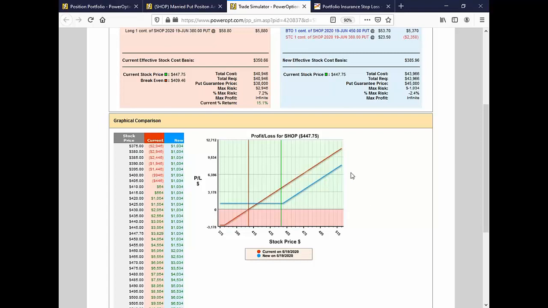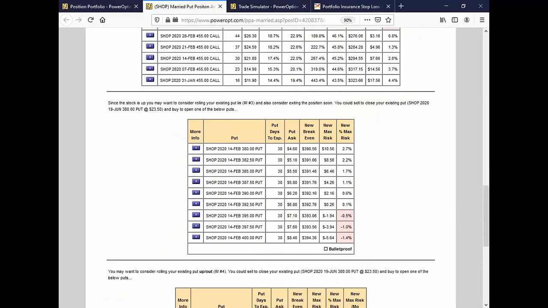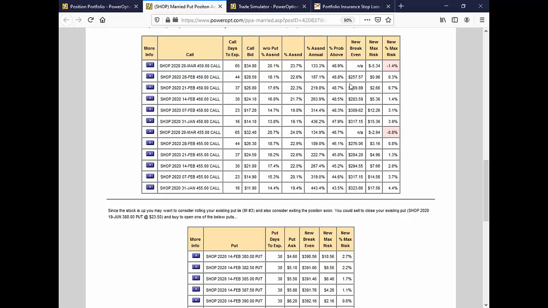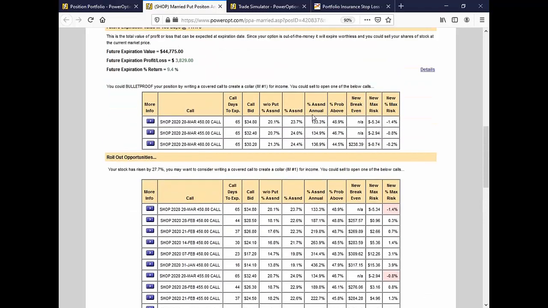But again, if you're just trading a covered call and the stock stayed where it was when you entered it, or it's moved up above your short call strike price, you could evaluate those rollout opportunities of buying to close your current position and rolling to a new call. You'd see the new percent return if assigned, annualized percent return if assigned, new probability above your short call position, and then you could go ahead, go to simulate trade and see the before and after picture of your covered call, your credit spread,